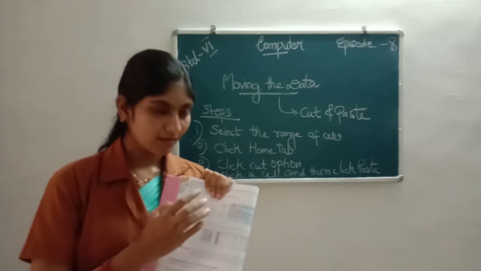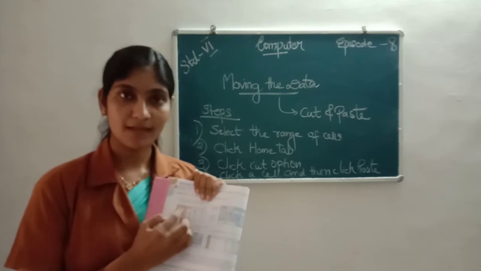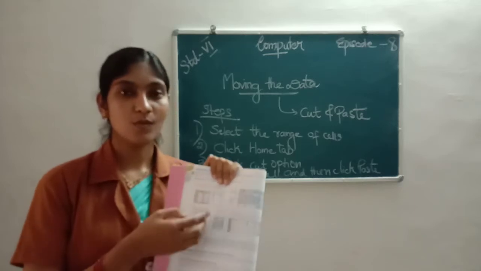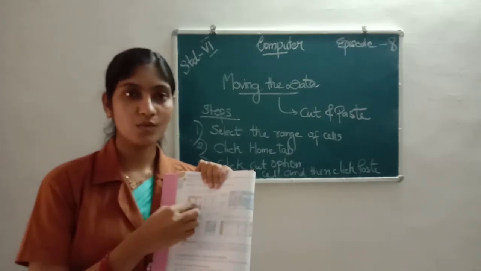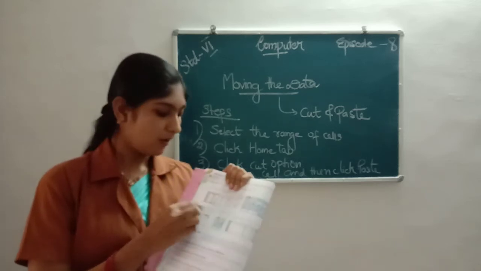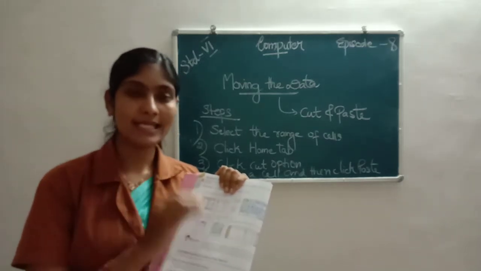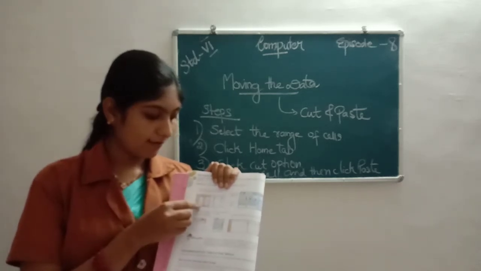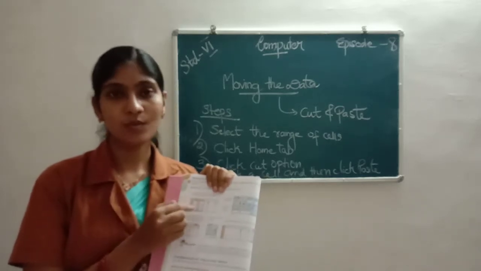Right? So our question, the example here, is to cut the names of students from that field and then paste into another section of cells. So we want to cut the names of students from here and then click another cell and paste on it. Okay. So first, what are the things we have to do? First, select the range of cells. Range of cells means from A1 to A5. So select the cells from A1 to A5.